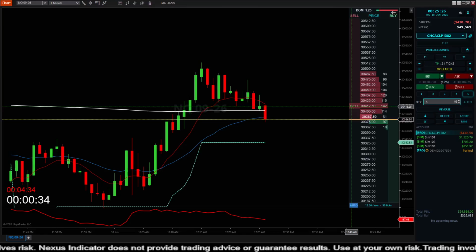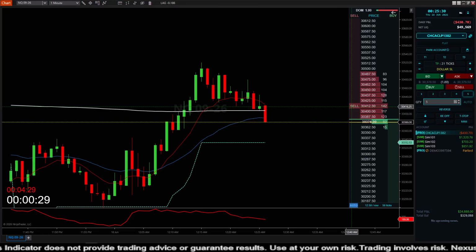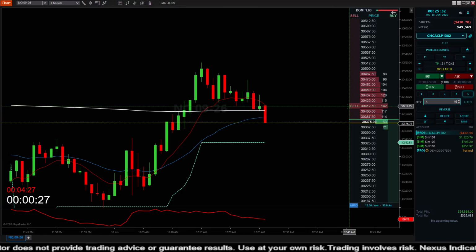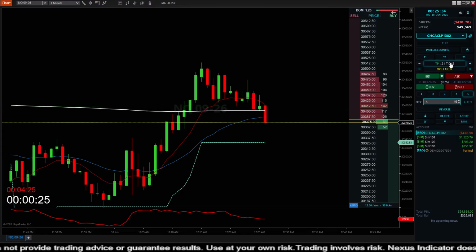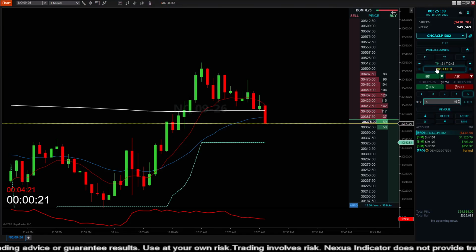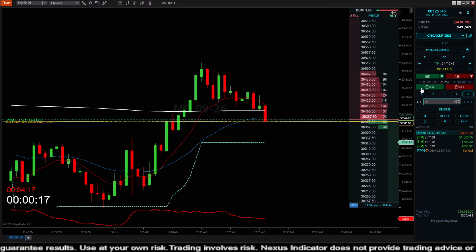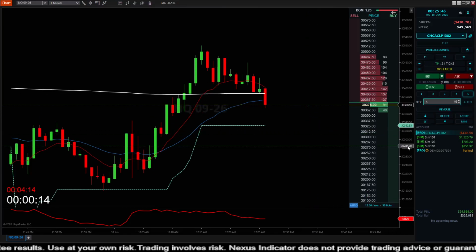And the best part is the DOM is integrated into Nexus Chart Trader, so you don't have to separately place a take profit order or anything. You can just configure your stepper values. Like for micro scalping, I usually go for 40 or 21 ticks, which is 5 or 10 points. And